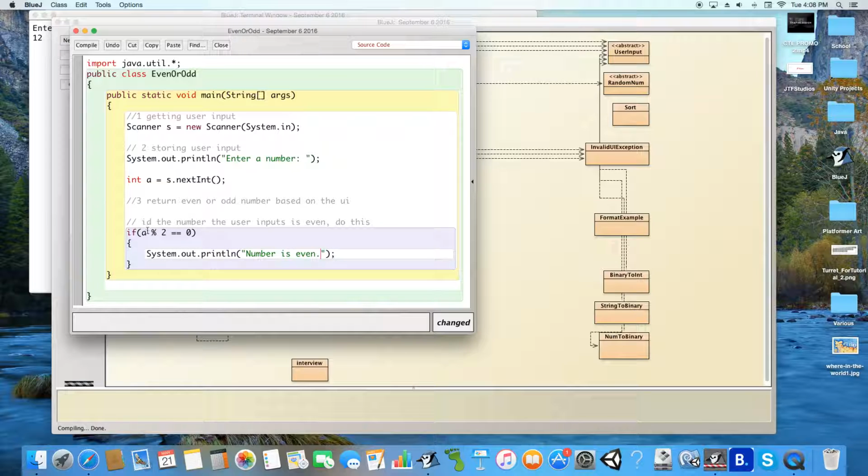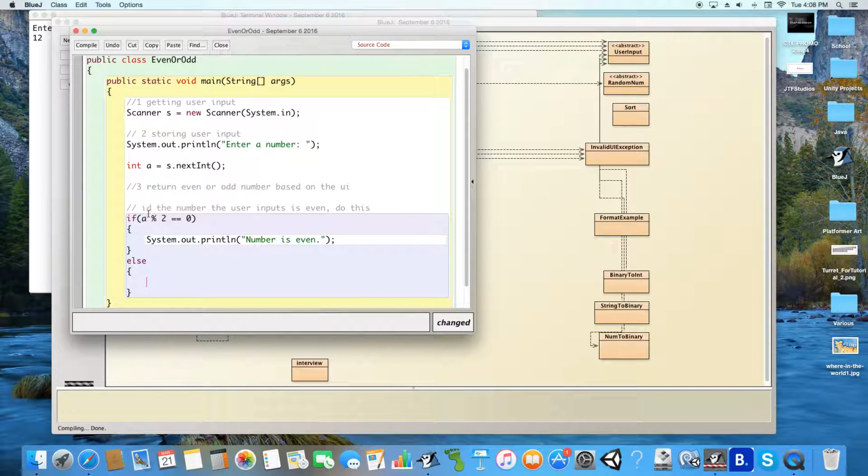So now that we've checked if the number is even, we could add on to our if statement and make an else segment. So how this reads is if our number is even, because if 2 divided by that number has no remainder, it will be an even number. If it's even, we're going to print out number is even. If that is not true, in other words, if the number is odd,